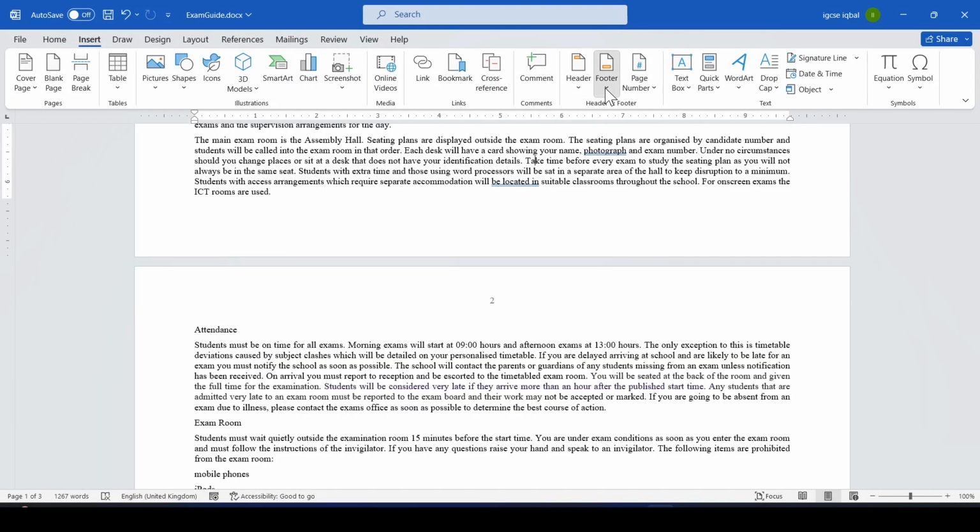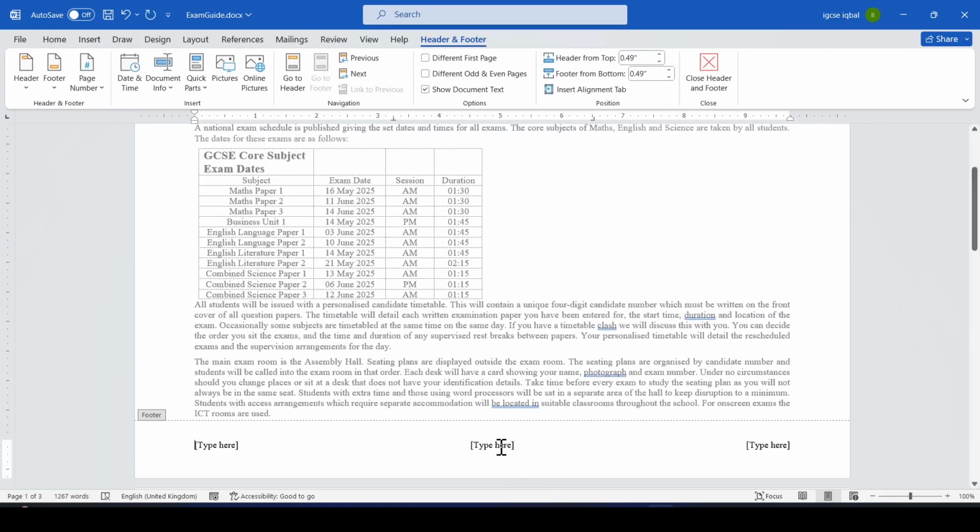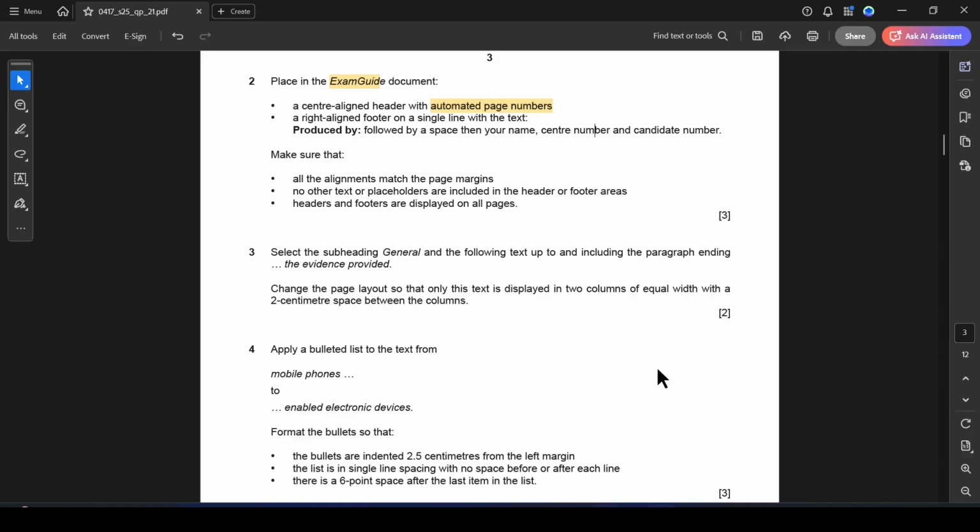It's better to go to footer, and it should be right aligned. So here I choose the 3 option footer. Now in the right align, Control V, produced by your name, ABC, center number IN 123, candidate number 1234. Okay, just change it to normal. Double click, done. Next,